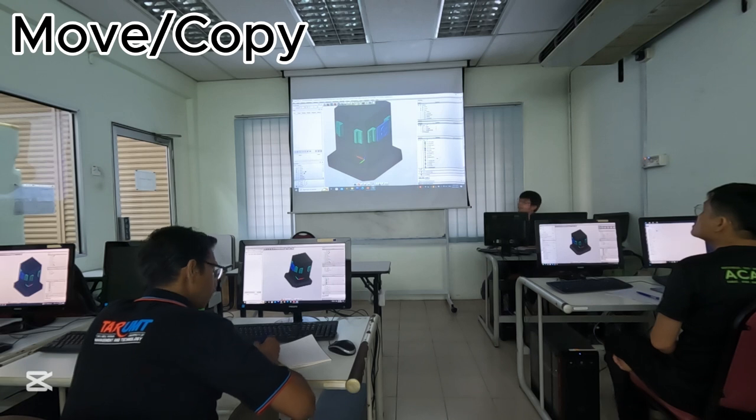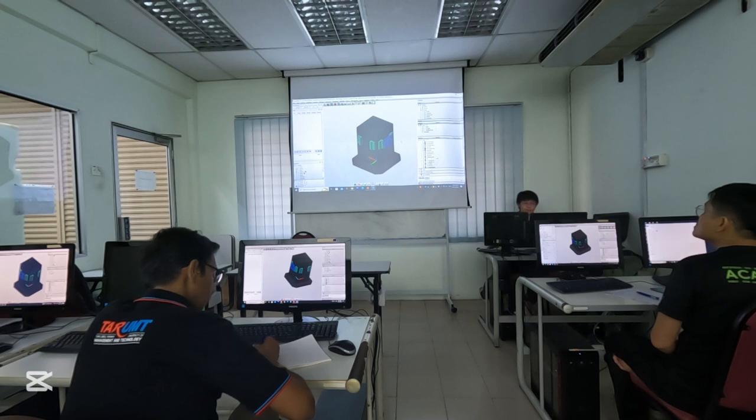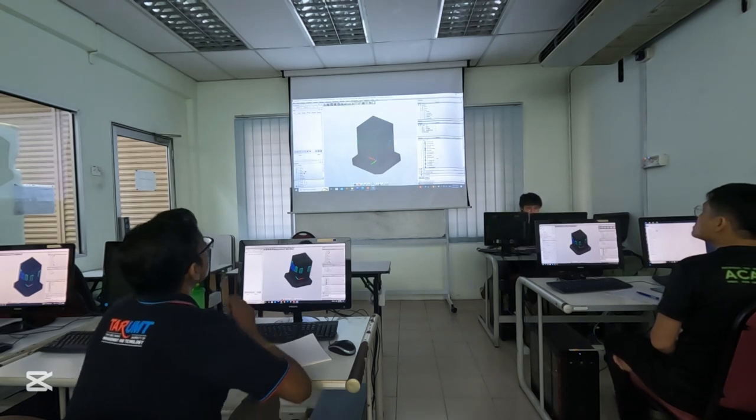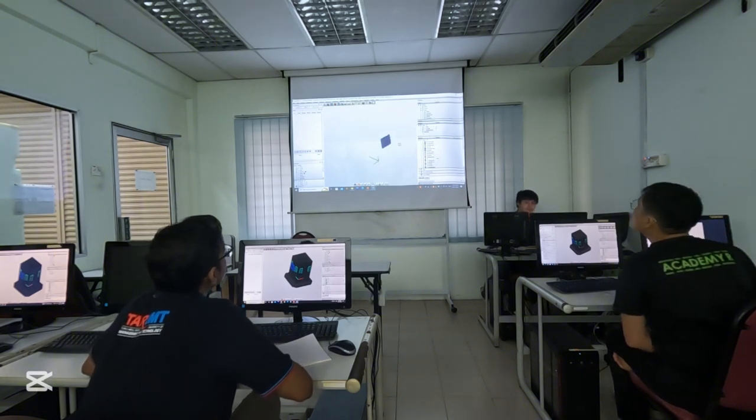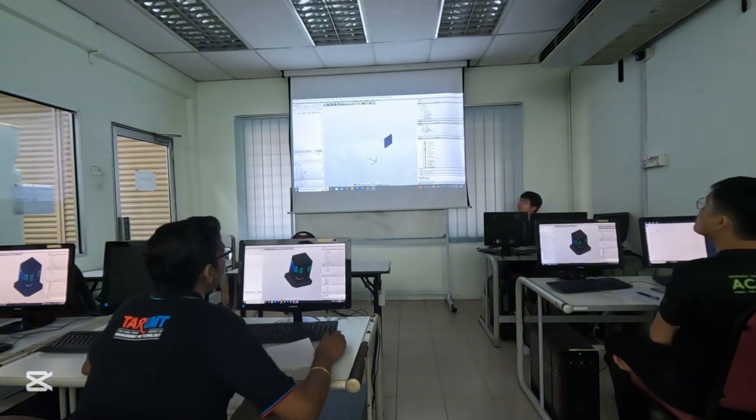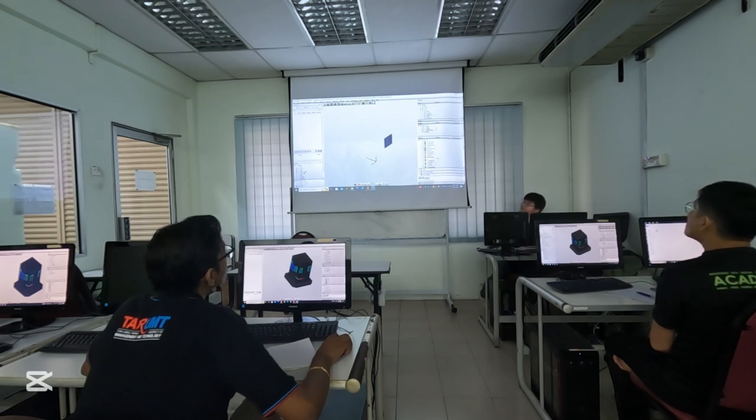So now I'm going to teach you guys how to move the objects or the models. So let's say if I want to only move this part, I will close all the layers except the one part. And I'll select it. And I'll go to edit and